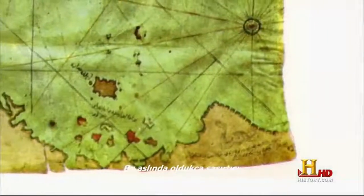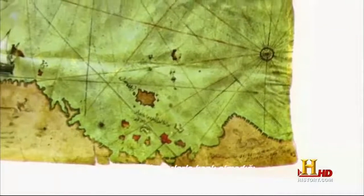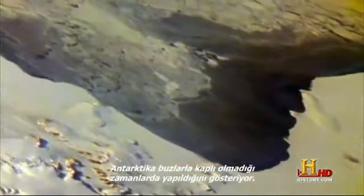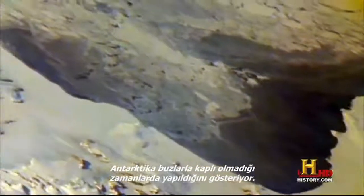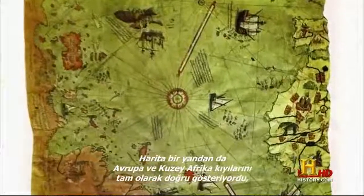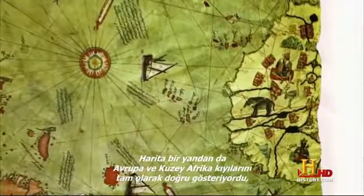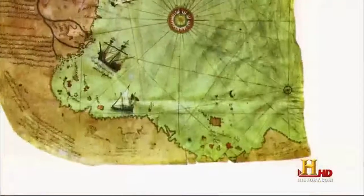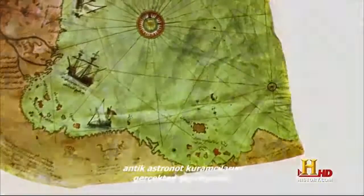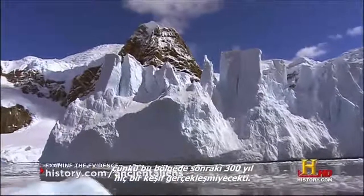Now that's really pretty amazing because it would tend to indicate that the map was made at a time when Antarctica was ice-free, which would be many millions of years ago. The map also accurately charts the coasts of Europe and North Africa. But it's the illustration of northern Antarctica that truly astonishes ancient astronaut theorists, because this region wouldn't even be discovered